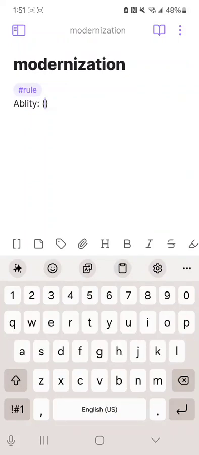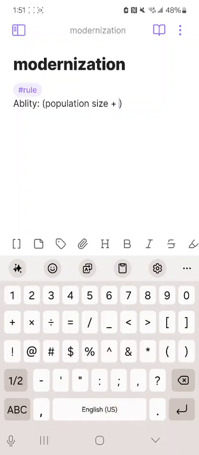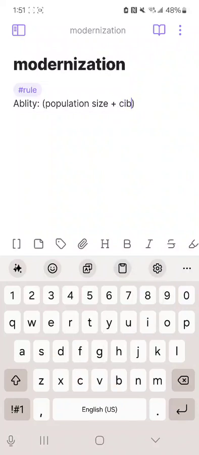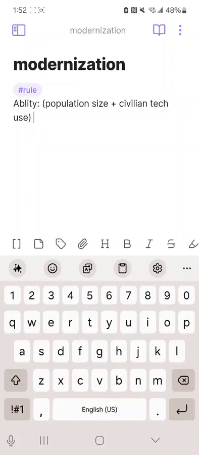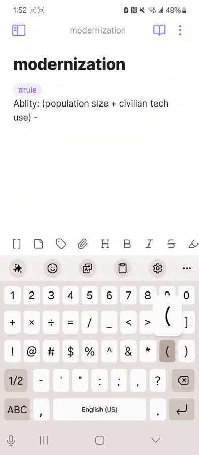And then it'd be like, population size. And then that'd be like plus, I don't know, civilian tech use. And then that against, like, that'll be, subtract all that from